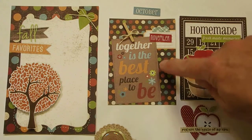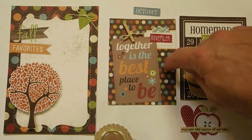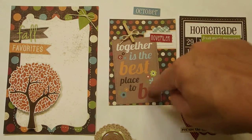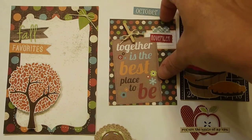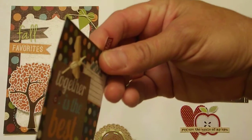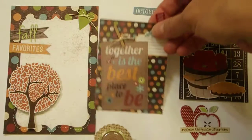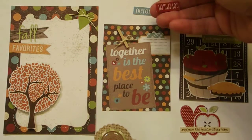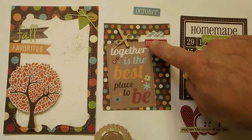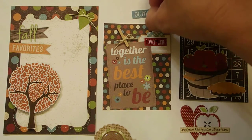I basically took this card, and then this was like an additional piece, and I glued it over top of it. And then this is a half of a mini clothespin. I took the mini clothespin apart and just put half of it on there and tied a little string around it. And then for everybody, I included these little month things, so they can put November or October on there,